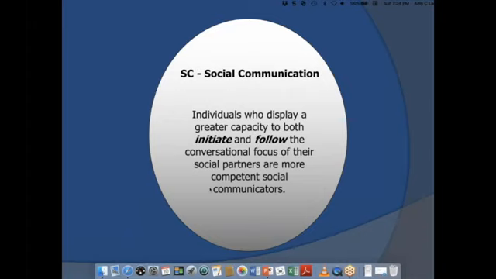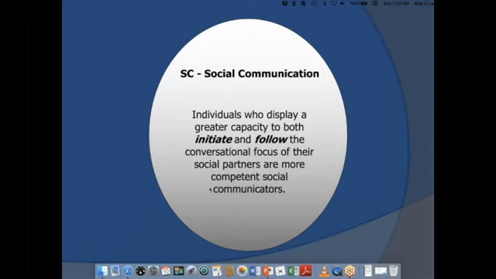And then the flip side, right, is the person who initiates all the time and you can't get a word in edgewise, right? And we've all had those phone conversations with friends where we feel like we could put the phone down and walk away and they would not know we were gone, right? That also doesn't feel like a good conversation. It really is this back and forth in the flow that we're after.